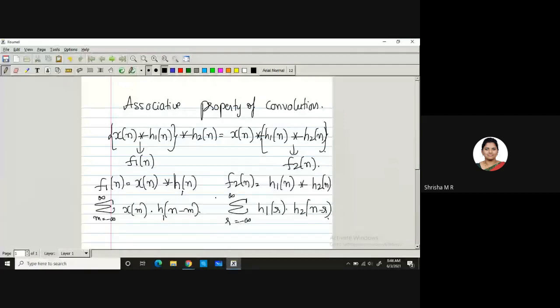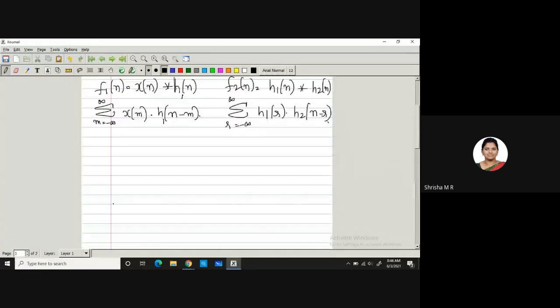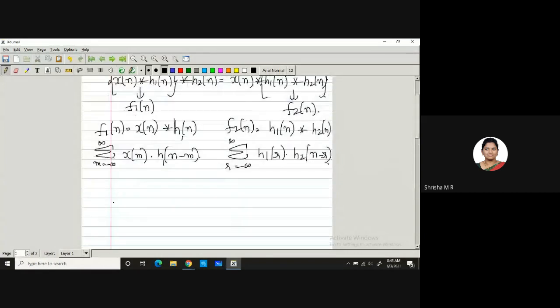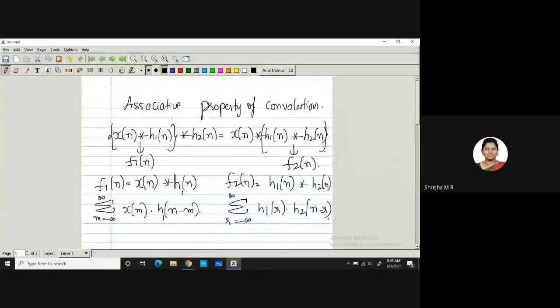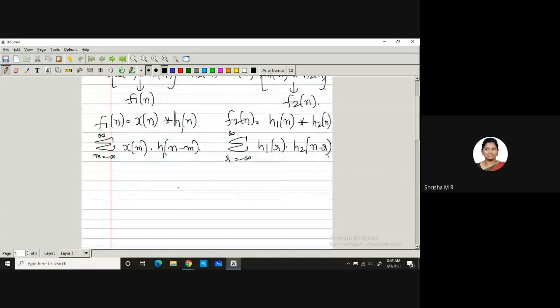Okay, so I'll take LHS and try to prove RHS now. Okay, we'll take LHS and I'll try to prove this one. So observe here, what is our LHS? LHS is equal to x of n convolved